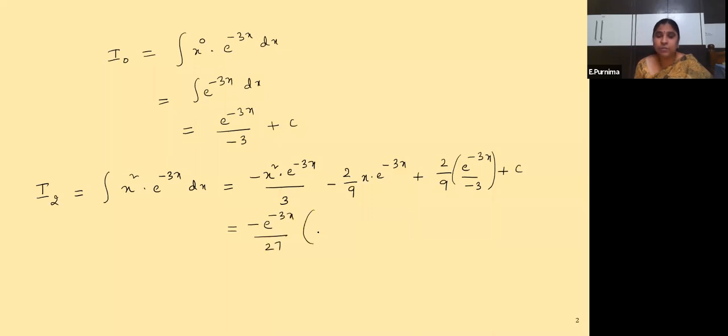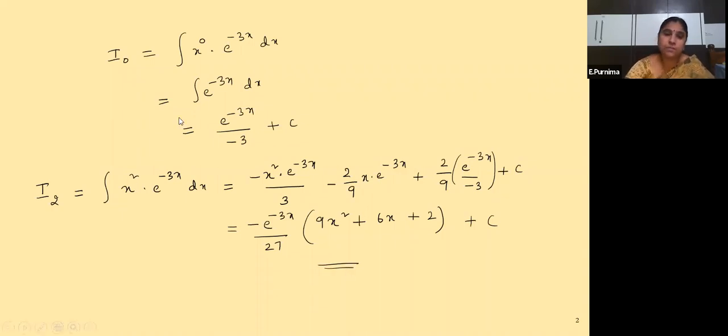So what we will get here? Here 9x square. Okay. The minus has come out, means here we'll have plus 6x. Here minus 1 by 27 is taken common. So here only plus 2 is left. Okay, plus c. So this is your solution. Understood, children? So like this you have to do.